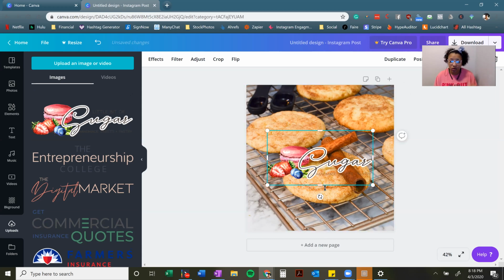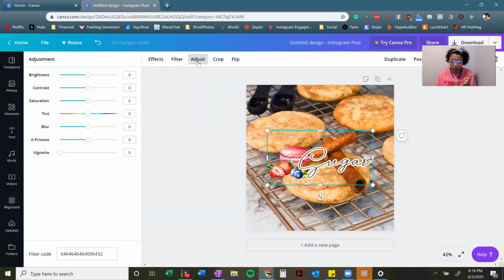Now, before I start moving this around and making it the size I want, I'm going to use the effects and filter and adjust up here at the top. And I like my logos to be super bright when I use them as a watermark. So I'm just going to turn up the brightness on this just like this so you can see it. You can also turn it down so it's dark, but I turn it up really bright, and then I turn down my contrast, right? Or turn it up, right? Or you can turn your saturation down, right? Which I actually kind of like that. Beautiful, just something like this would be